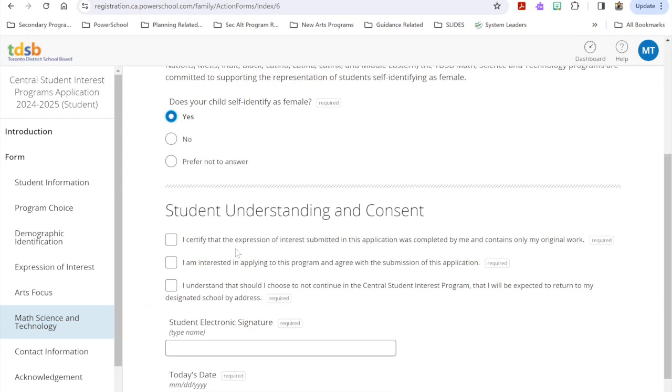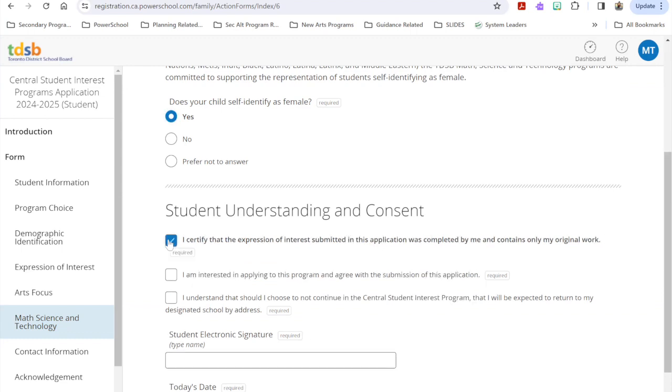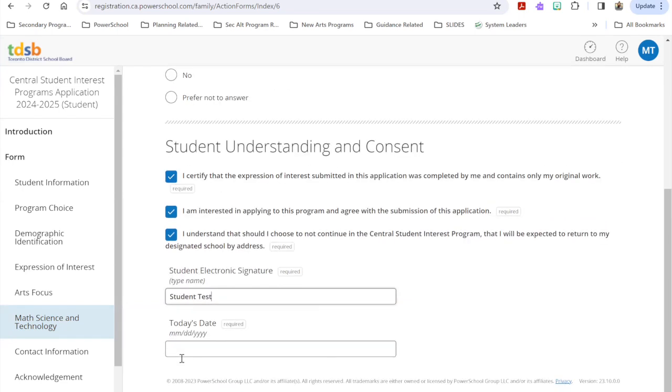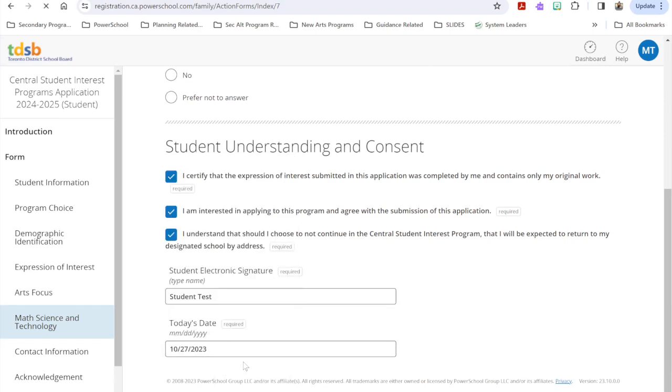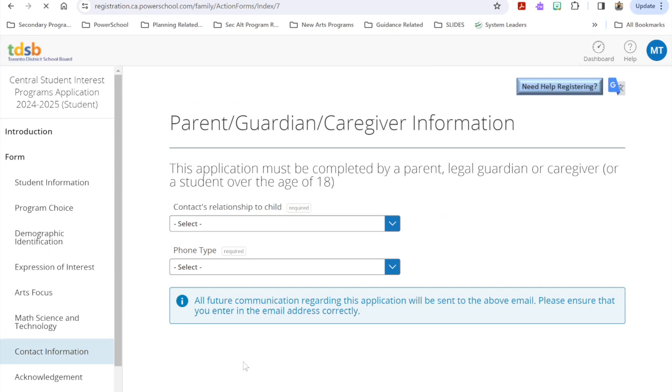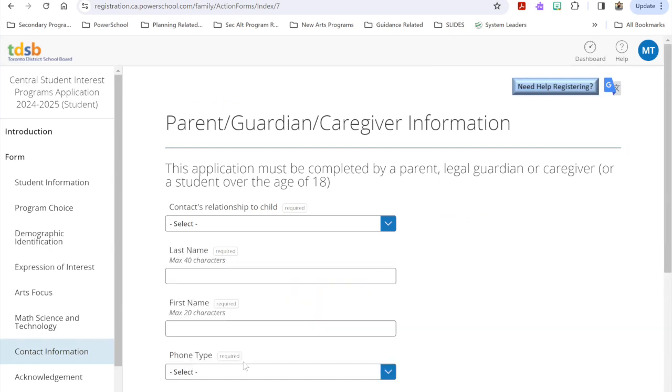for our female applicants. Again, certifying that the expression of interest was generated by the student, that the student is interested. All those confirmation pieces are the same. For some types of programs, there are different questions where there are certain criteria, like the International Baccalaureate program and the Integrated Technology program, where students are expected to read some additional documentation and confirm that they've read that, they understand what the program is about, and that they are consenting to the application.